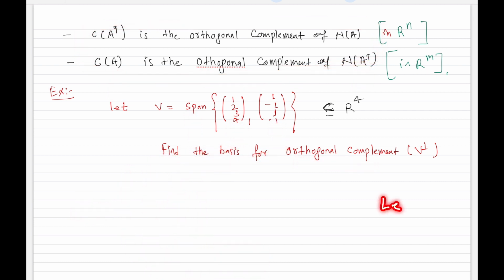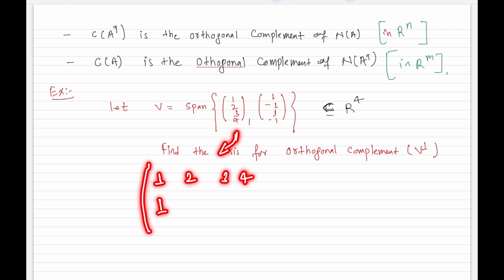If I have the left null space, then I have the orthogonal complement of this vector space V, right? We can think like this. Also we can think like this. Let's suppose we are given these two vectors, and we don't know if these are column vectors or row vectors. We can use either, whatever you are comfortable with. So maybe we can use these as rows, as row vectors, and we can form a matrix like this,